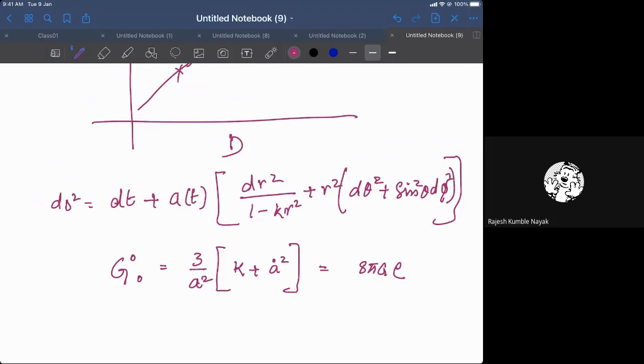Kappa and k in LaTeX would look fine, but when I write by hand, I don't think you can distinguish between my kappa and k. So I decided to put 8 pi G explicitly and retain k. I could use a different symbol, but it is standard in cosmology: k is the curvature, a is the scale factor of the universe, and this is the first of Einstein's equations.